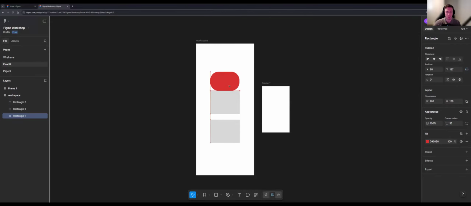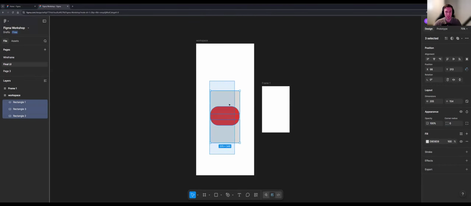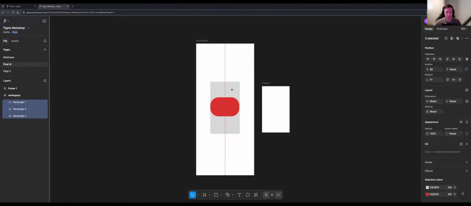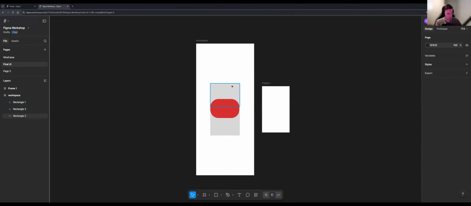Once I've done that, you can see that rectangle 1 is at the bottom, so it's going to hide behind both other shapes. If I drag it on top but not above my workspace, then you can see now that it is above both of those. So that is how layers function. Moving on to the next